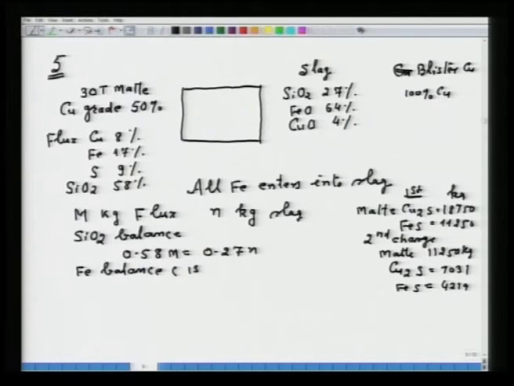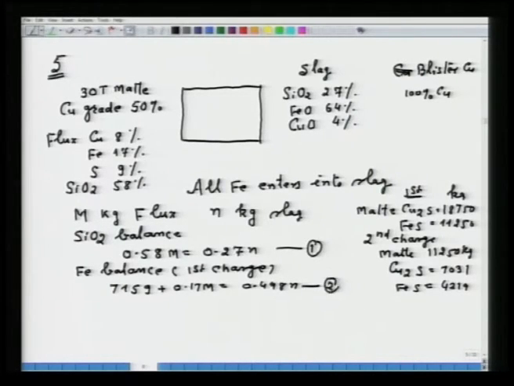This is from first charge, which contains 11,250 kg FeS. So, if you do the balance, I hope you can do it. I am straight away writing the equation 7159 plus 0.17 m, that is equal to 0.498 n. This is my equation 1, this is my equation 2,